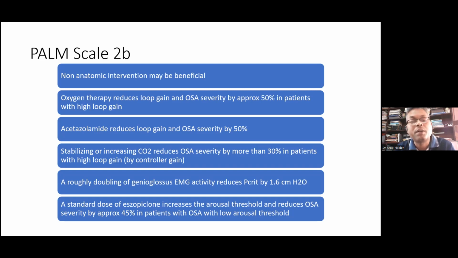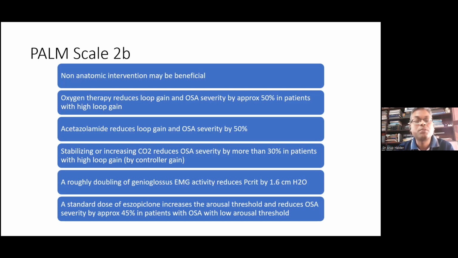And this controller gain also can be stabilized by increasing a little amount of CO2 or dead space into the NIV circuit, or roughly doubling the genioglossus EMG activity by myofunctional therapy reduces the Pcrit by 1.6 centimeters of